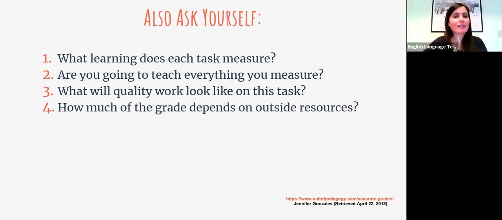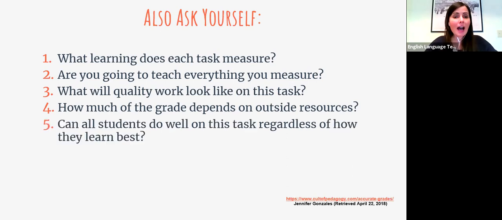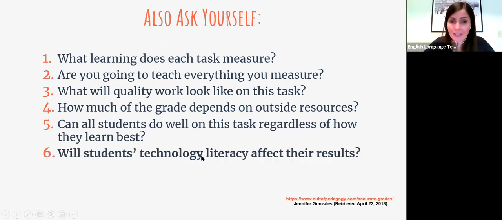Again, and this ties to what I just said, how much of the grade depends on outside resources, and the fact that not all of our students either have reliable internet connection or they have access to the same tools. Can all of them do well on the task, regardless of how they learn best, or regardless of the tools that they have at their disposal and their tech literacy, right?